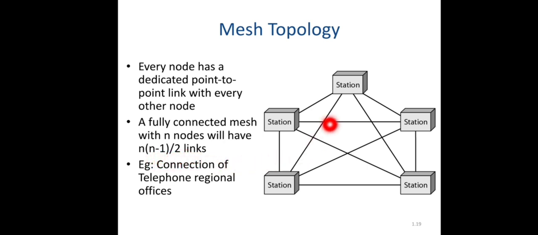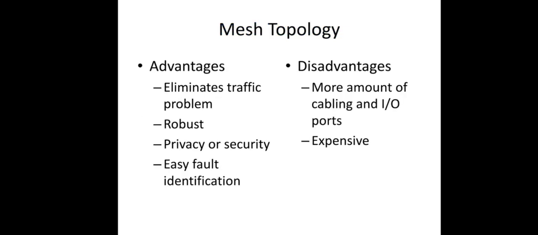And usually this type of topology is used in connection of telephone regional offices. In such cases, all these regional offices should be directly interconnected. Every pair should be directly interconnected. In such a case, we can use this mesh topology. Now coming to the pros and cons of this mesh topology, the first advantage is that